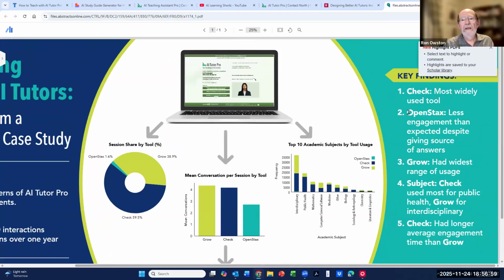OpenStax, I haven't explained that yet, but OpenStax will restrict a tutoring session only to content from the 75 or so books in the OpenStax collection, which is, I'd say, the best quality OER collection available, professionally edited, peer-reviewed, and so on.